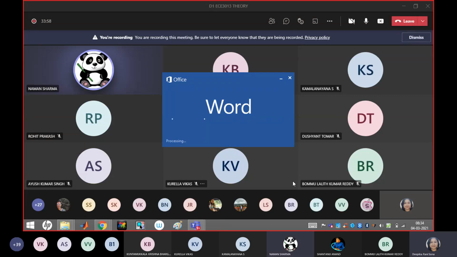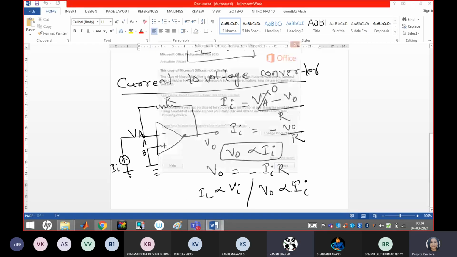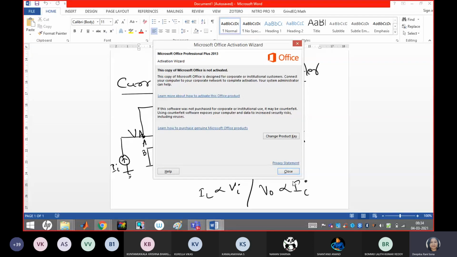Summation of numbers upon total number of numbers, that is the general definition, right? But in case of an operational amplifier, then only you are writing Rf by R is 1 by n.